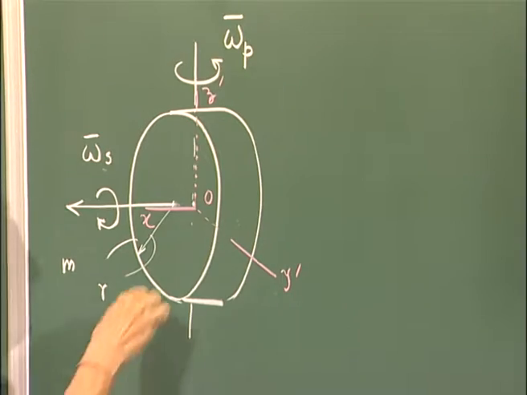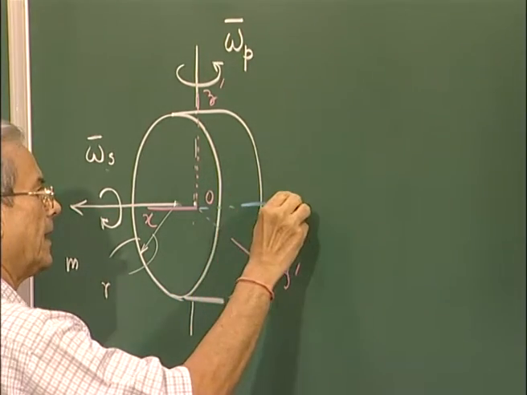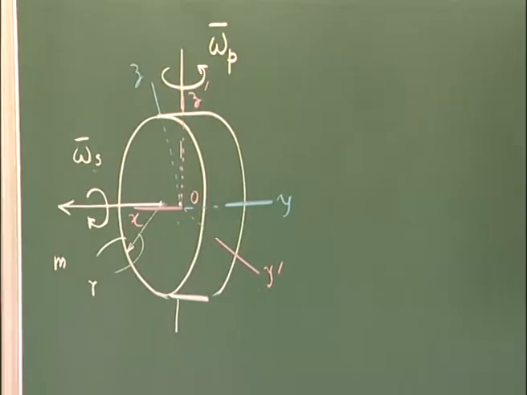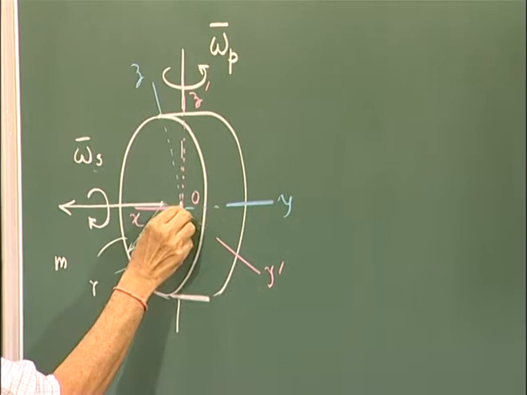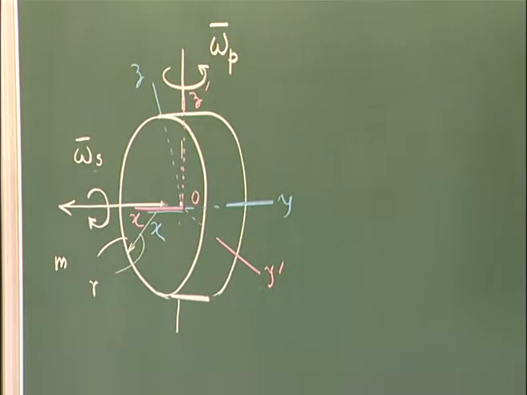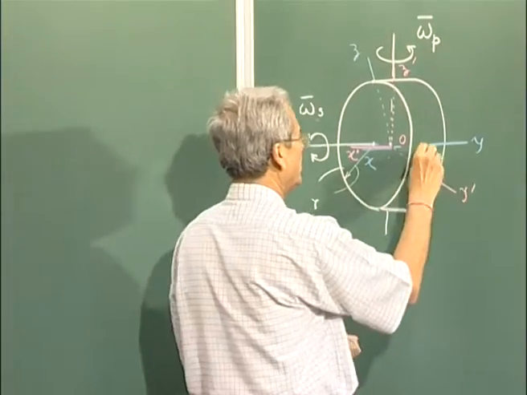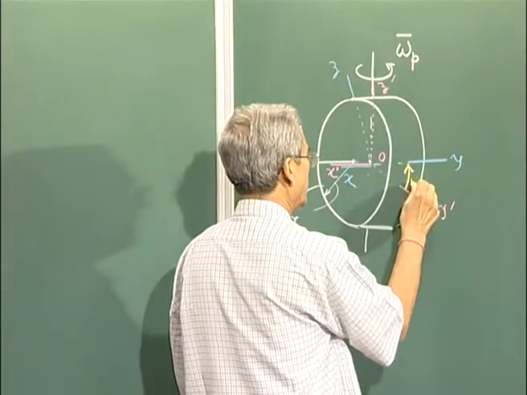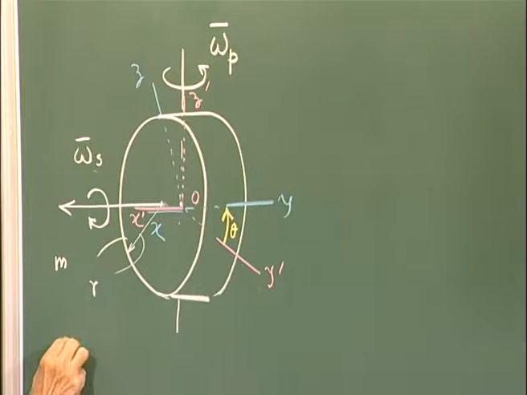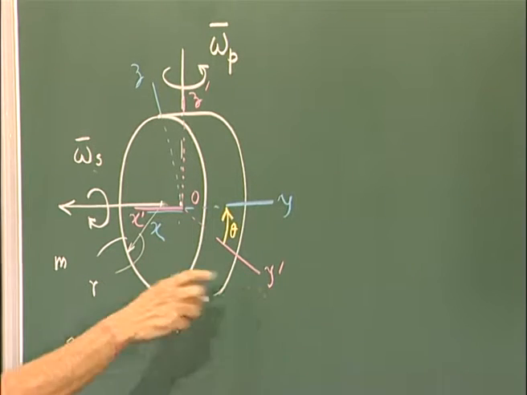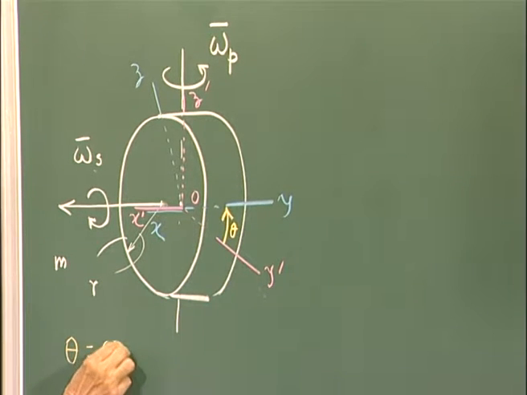So, these are not the instantaneous position of the x and y and z, rather this x, y and z will be the instantaneous axis which is rigidly attached to the body and rotating along with it. At any particular instant, we may assume that this angle is theta, and which is changing. Obviously, theta is nothing but, if we assume t to be 0 at this instant when y coincides with y prime, then it is nothing but